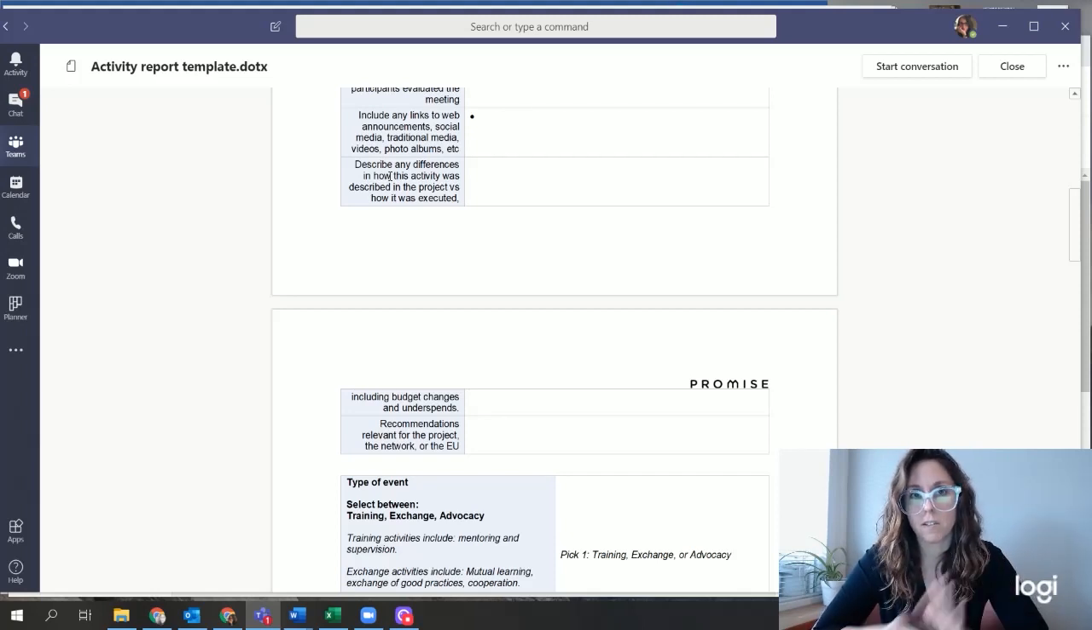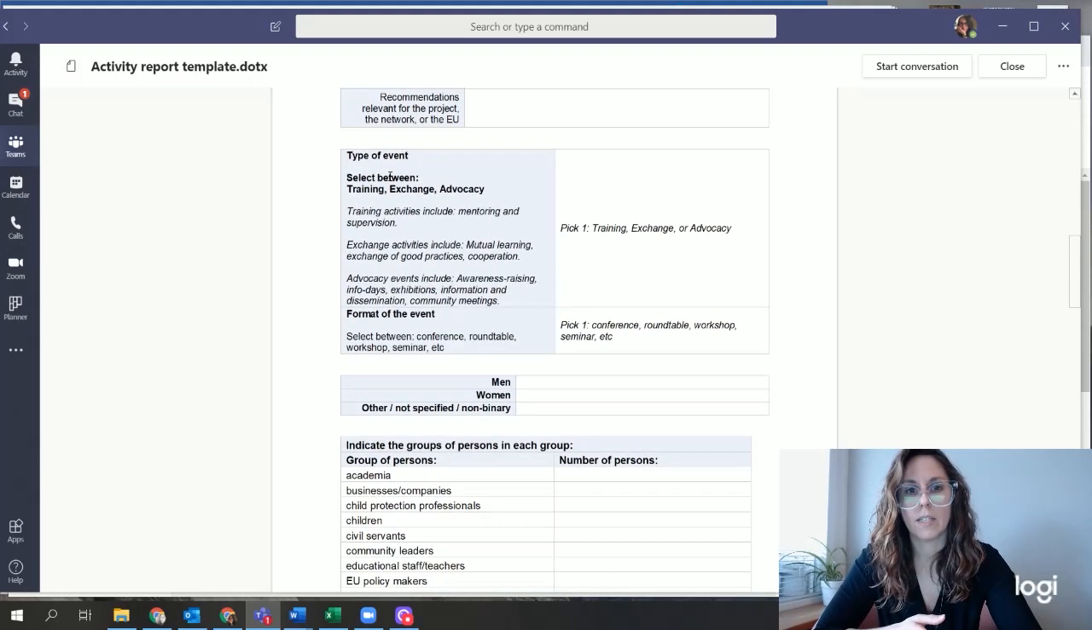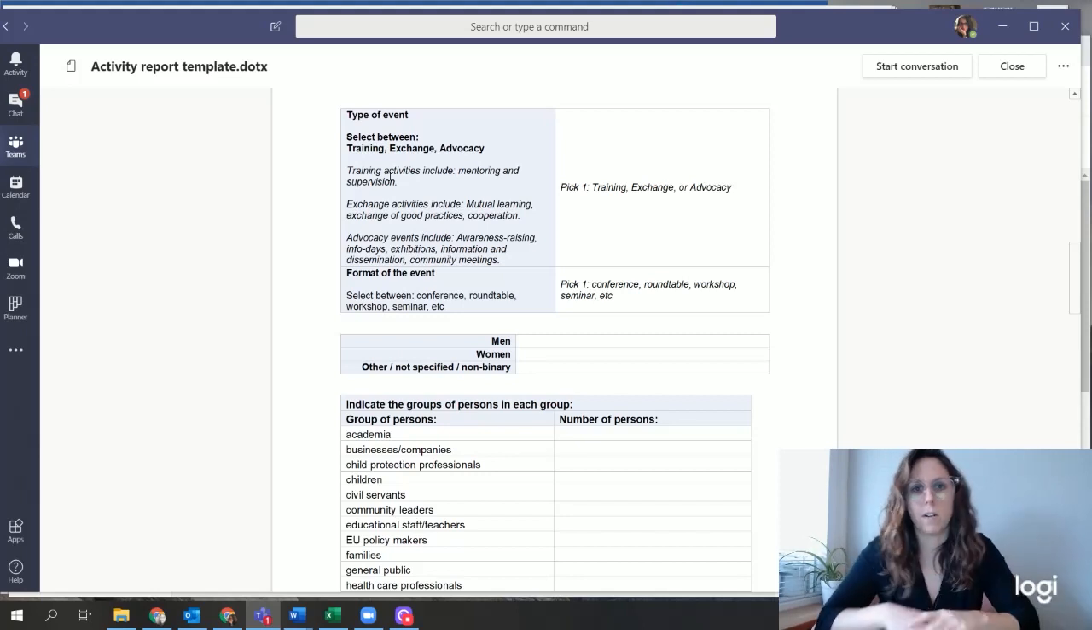And recommendations. If you have any recommendations that you would like to put forward either to the project team or to the EU, then we'd love to hear about them there. Now this next part is where it starts to look a bit odd. The purpose of this is